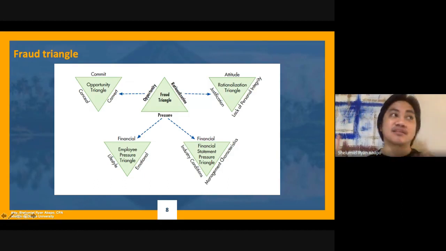But that triangle may not necessarily result to a panatag mom, ha? Kasi di ba parang, I'm a panatag mom. No. The fraud